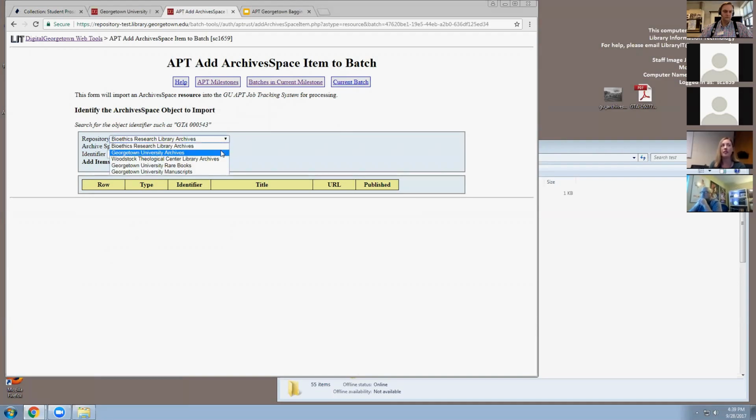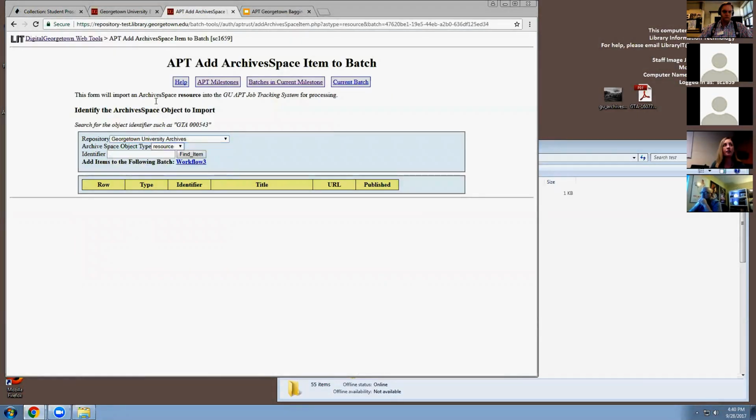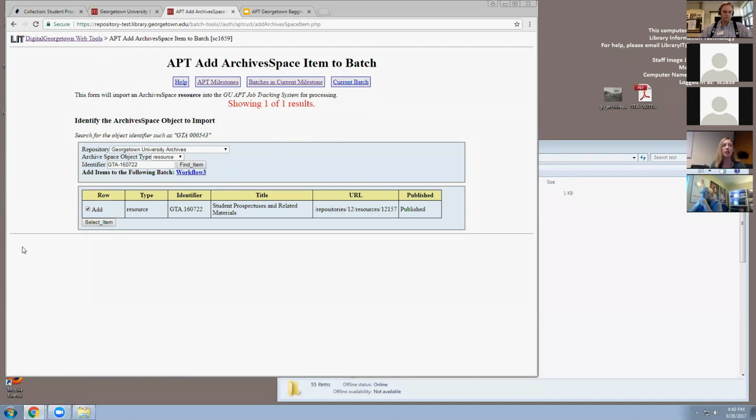We have 5 different entities on campus who use ArchivesSpace. In this case, as I mentioned, the items from the university archives. So I'll select that. And this is a resource or an accession record. Then I'm just going to go into ArchivesSpace and grab my identifier. And this will call the ArchivesSpace API, as Terry mentioned. And as we can see, here's the identifier, the title of the collection, the URL to the finding aid. So I'm going to select that.